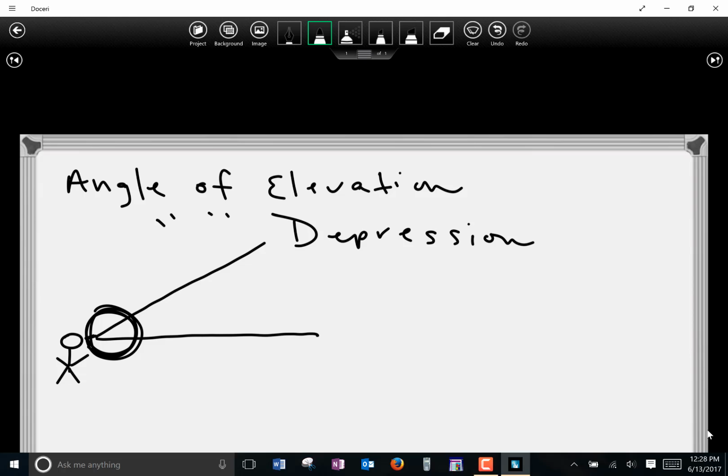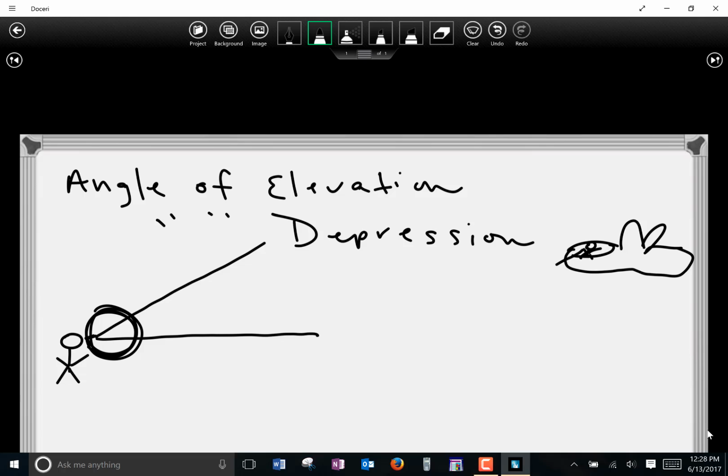Angle of depression is where you're maybe in an airplane. You're flying in that airplane. Yeah, no, it doesn't look much like an airplane. It looks kind of like a little bee. But let's say you're in that airplane and you're looking down. You're in the cockpit,